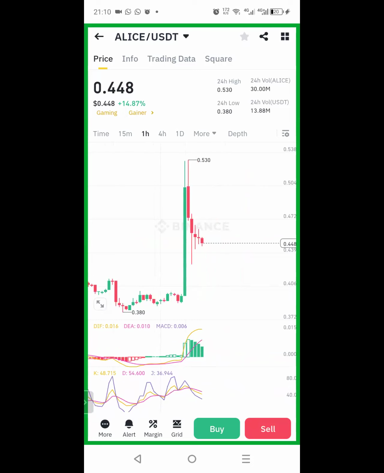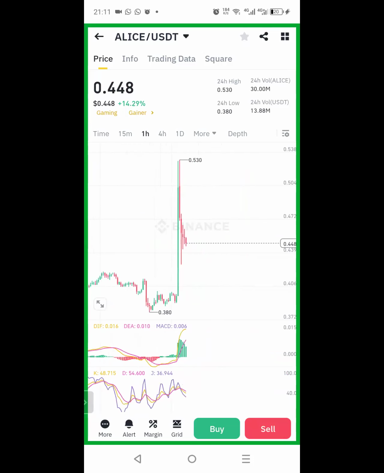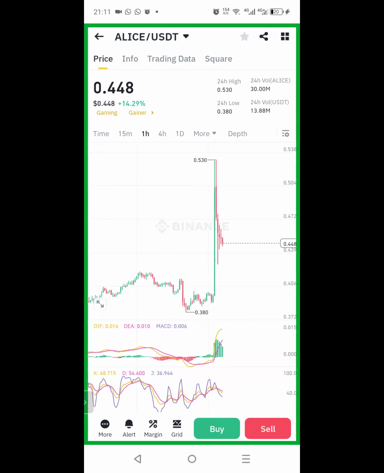But there are some scenarios where the 4 hour will indicate a downward trend and the 1 day will indicate a downward trend, but the 1 hour will indicate an upward trend a little bit for you. So if you don't look closely, I mean, use all the time frames available there to look at the coin's condition.